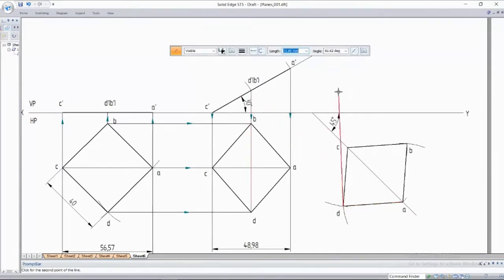I know point D is here. Draw it till here. This is point C. So point C is only till here. I'll just draw it till here. Next point A. Point A is here. Then point B. Point B is here. Same, you draw the horizontal projection line from this. Same as you did in the previous problems.